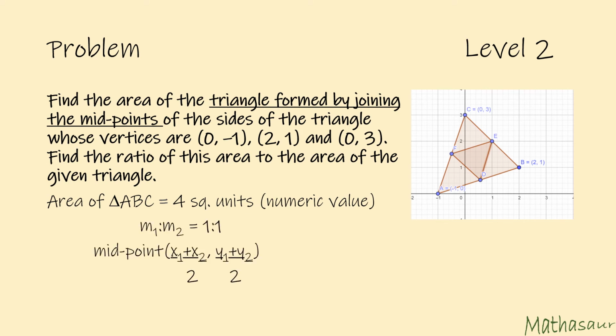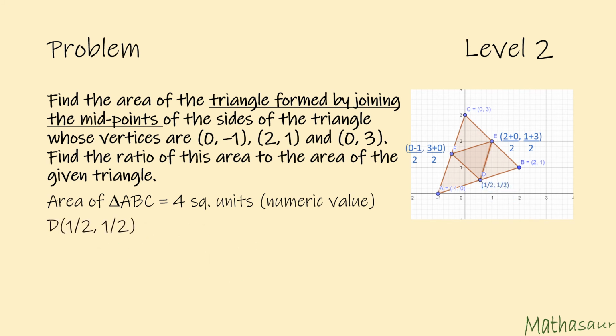Now if we are looking at the midpoints, let us apply the section formula and we would have m1:m2 equals 1:1. So my midpoint would be (x1 plus x2)/2 and (y1 plus y2)/2. So let us look at the midpoint of segment AB first. Let us apply the same formula for the segment BC and for the segment CA. So we get the coordinates of points D, E and F as 1/2, 1, 2